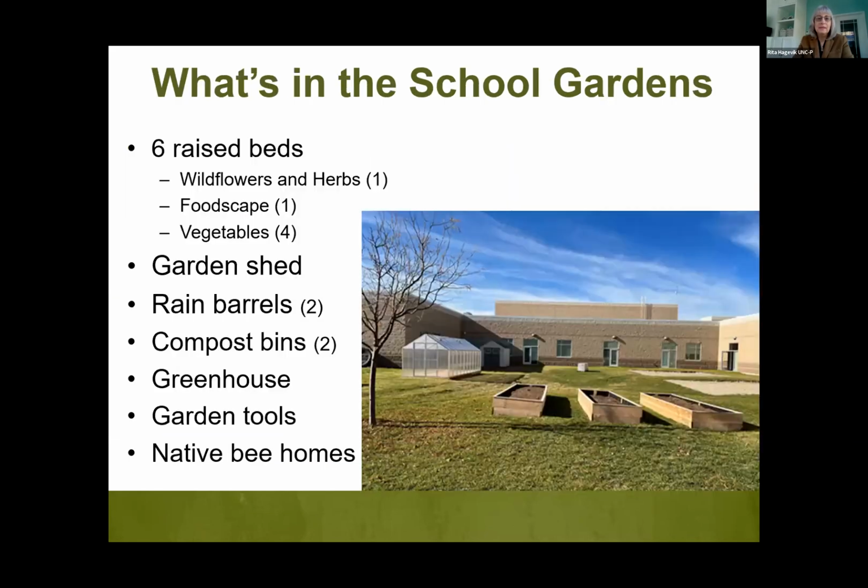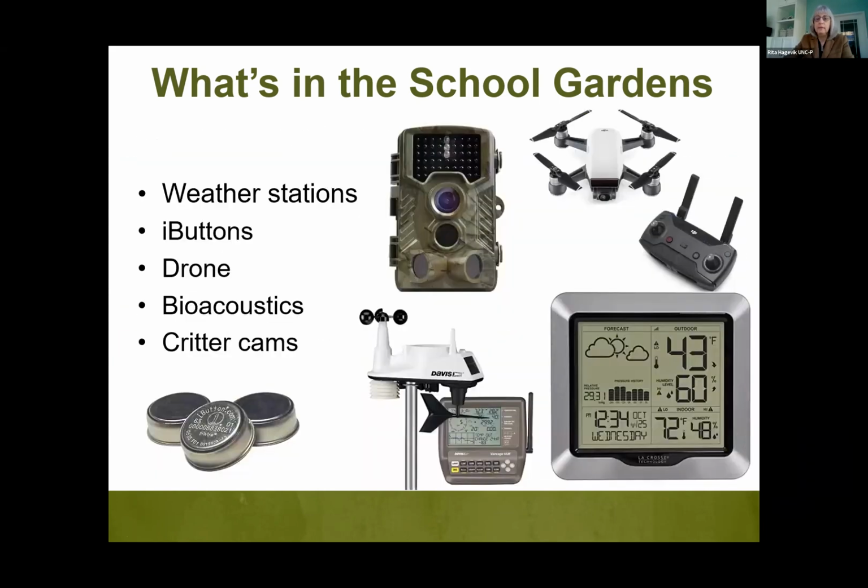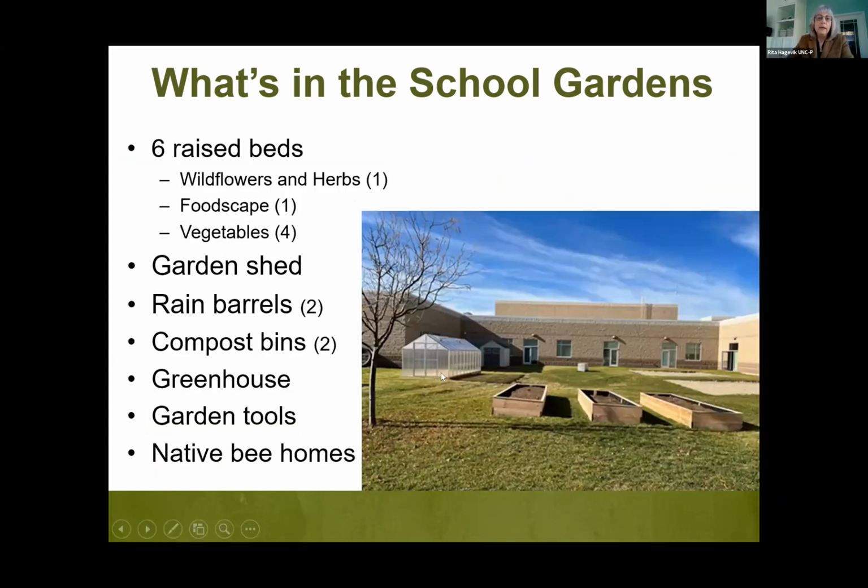All right, so what's in these school gardens? Well, each school will receive 6 raised beds. These beds are 4 feet by 12 feet by 18 inches high. You see at Walcrest, they doubled up, so they have 2 levels here, which is fine. They had a low area here. There's a big drain here in the middle, so they wanted to make their raised beds a little bit higher. They were concerned with flash flooding. So that's what they did, and that was great.